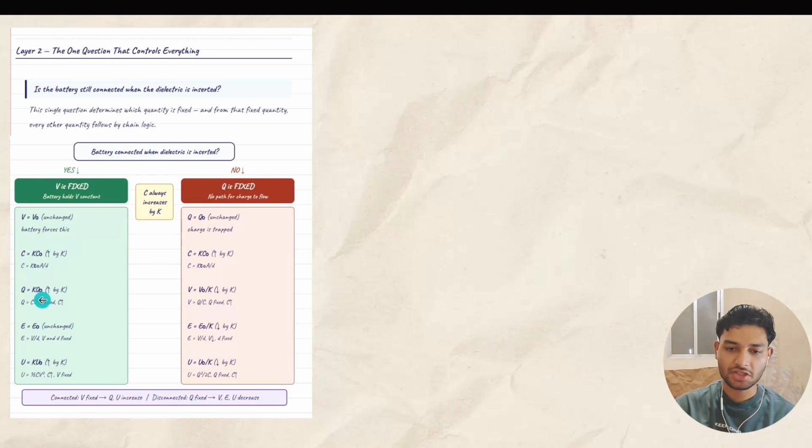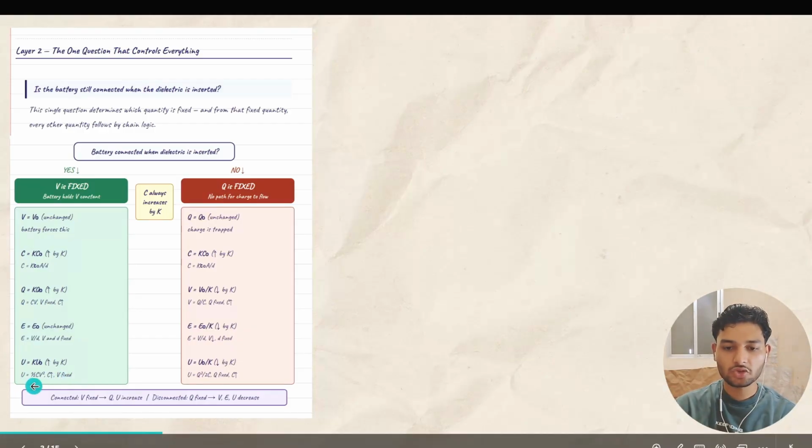We know the equation from this. So Q equals K Q naught, so it increases by K. Everything increases by K, in which K can be multiplied. So E equals E naught, unchanged. The electric field is unchanged. U equals Q V, the energy is also